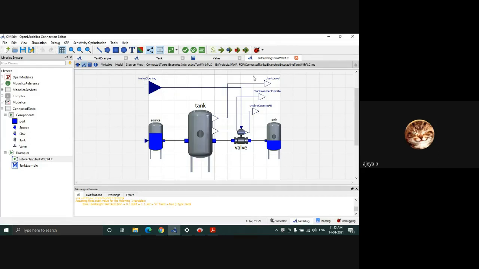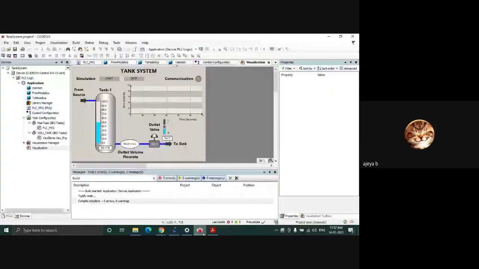So we have given these ports for taking out the variable of the tank and for giving the valve opening through this inlet variable. That is on the Modelica side. Then on the CodeSys side, I explained what each component is.